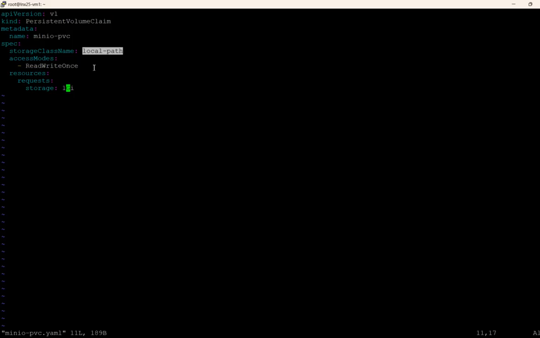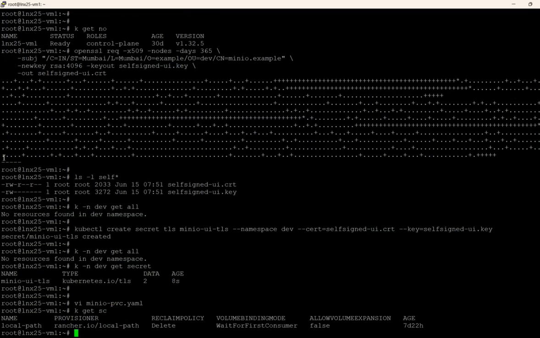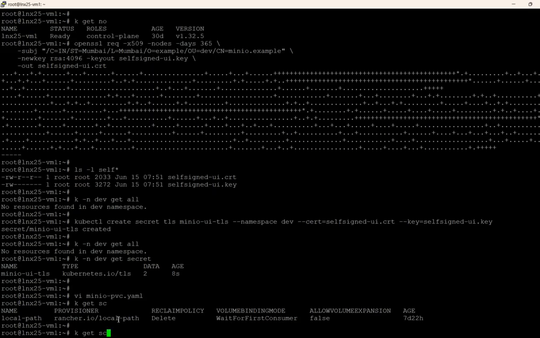I initially put 1 GB as the storage requirement. You can check with get sc. I already have one storage class available, so I can use that one for this. This is the local path storage I already covered in the previous video, Rancher. So here I am going to create this file,